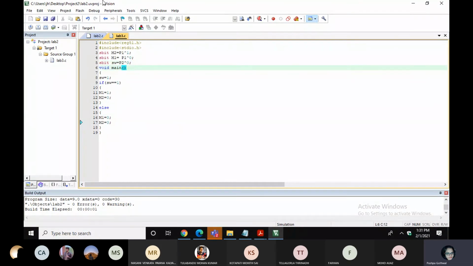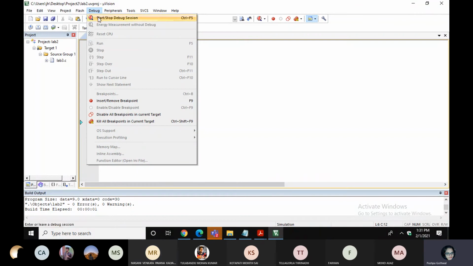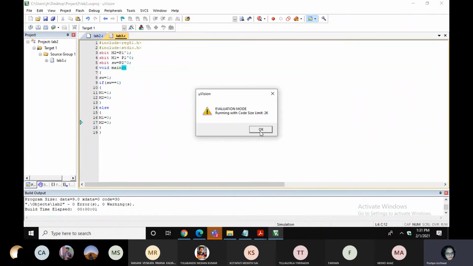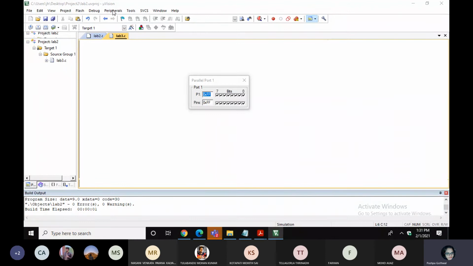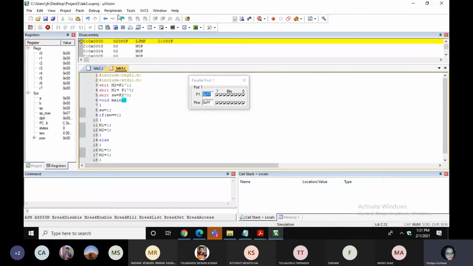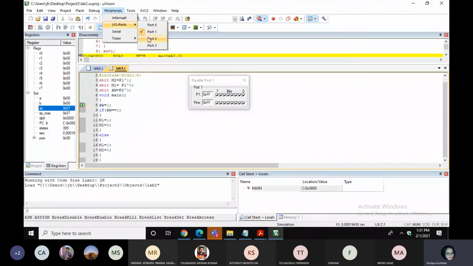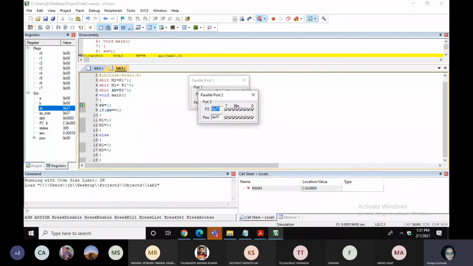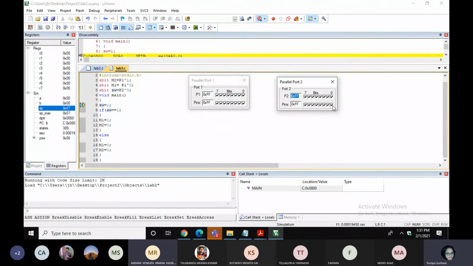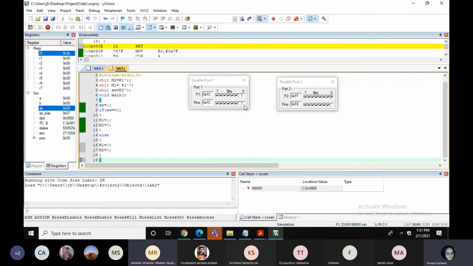Okay. So now if we run this code, we need two ports, P1 and P2. So we debug this code. Then we select the peripherals over here, and our peripheral is the P2 port also, because the P2 port contains the switch. This one is the switch. And P1 port 0 and 1, this is the motor. So we run the code. If the switch equals 1, this is 1 and 0. If the switch equals 0, both will be 0. So if you dump the same code into the IC, your motor will be on and off as per the switch condition.